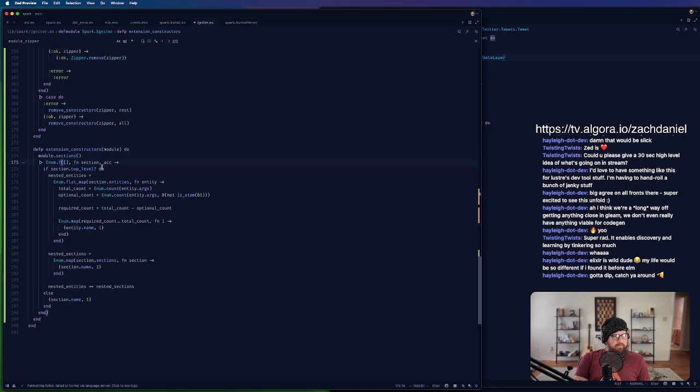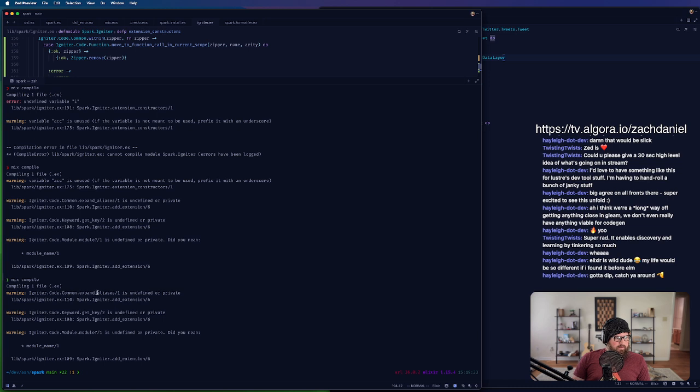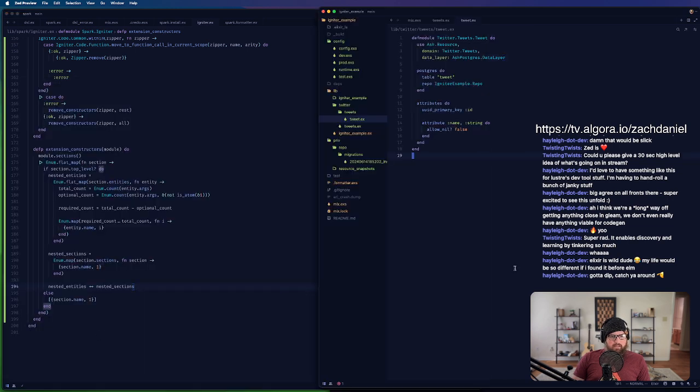So this should actually just be enum.flatmap. No need for the accumulator. And then we're good, enum.flatmap. So this needs to return this. Oh, plus. No, I don't need section. Yeah, okay. It doesn't know about these functions because they don't exist to it yet. So now,